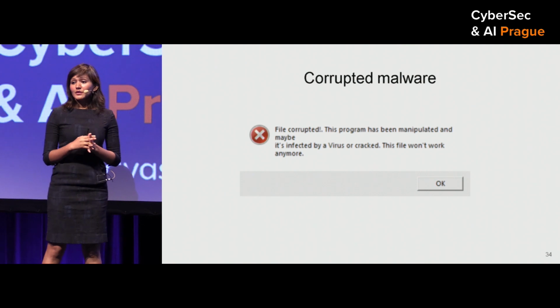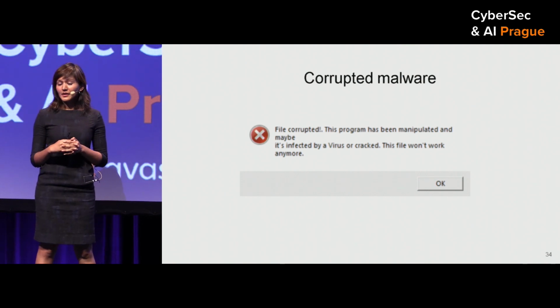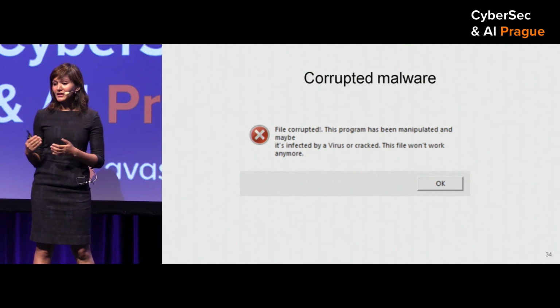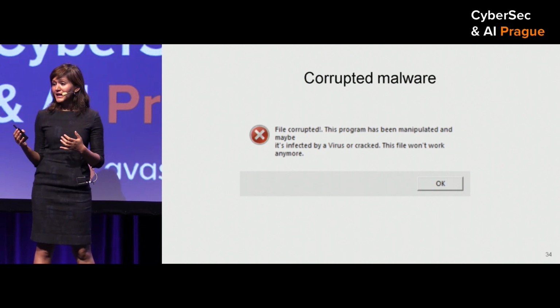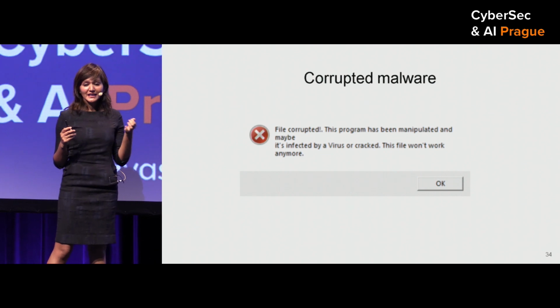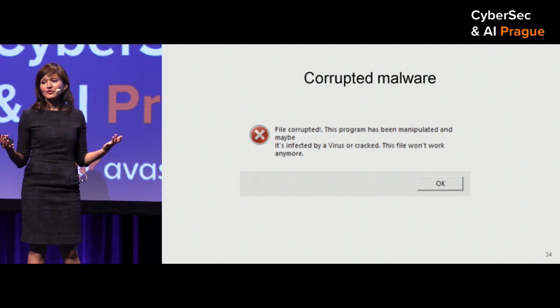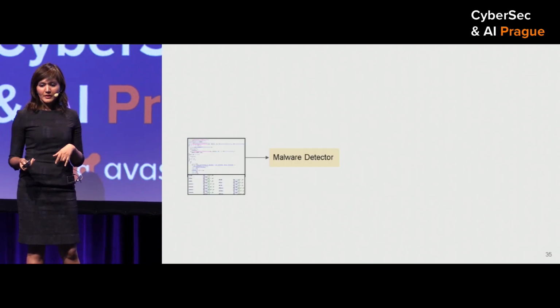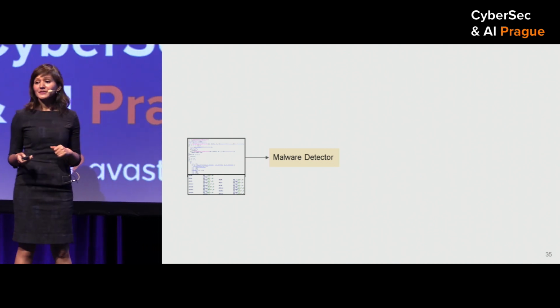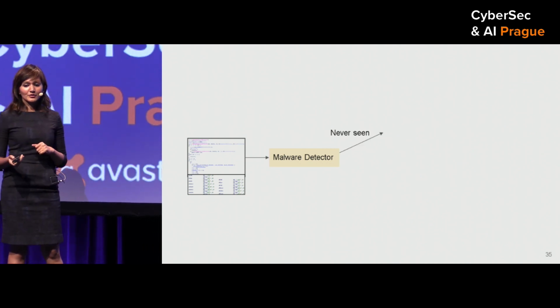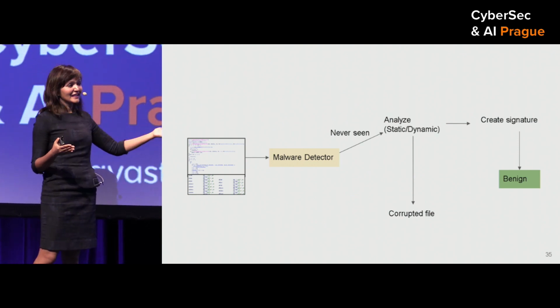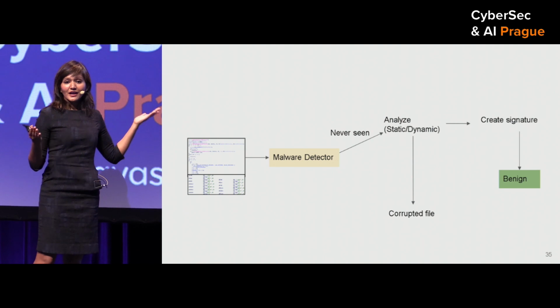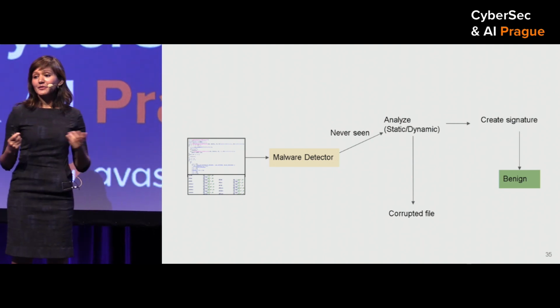The second reason why a modified malware might evade detection without being malicious is corrupted malware. There are some malware that are packed in a way that if you just change one bit in them, it's just going to destroy the entire file. So if you ask a malware detector if this corrupted file is a malware, it's going to do analysis and not find anything in it, because the file doesn't open to do anything malicious, and consider it as benign.